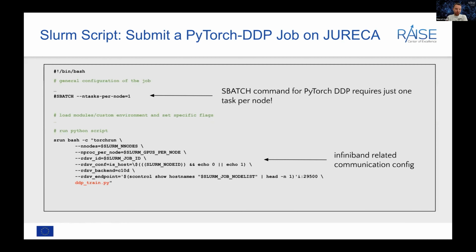I don't show you how to do it on Deep here because, at least from the last time I tried, things are pretty similar. But if you're interested in that, you can also take a look in the GitLab repository again, where we have a PyTorch DDP example script for running things on Deep as well.